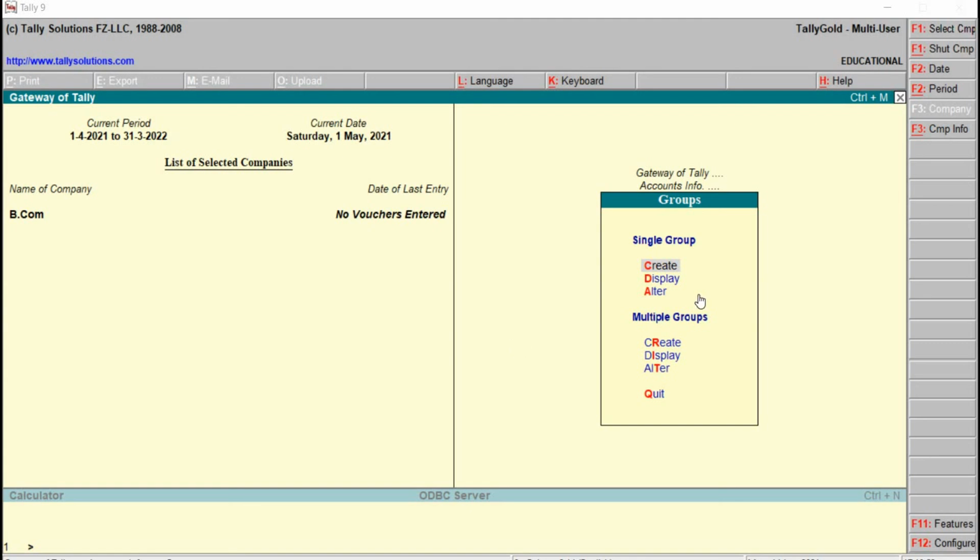Right now we will go back to the last one, that is how to delete. Delete option is not available in Tally, but delete can be done only using single mode alter. Using multiple it is not possible. Only using single alter we can delete. I just go back to alter.